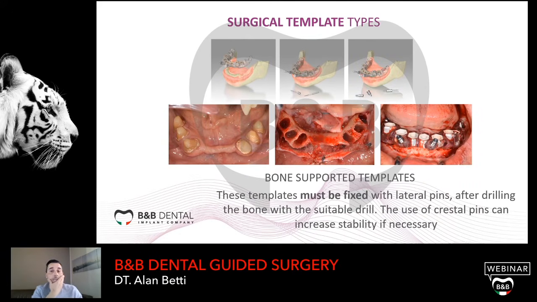The first surgical template is bone supported. The bone-supported surgical template is stable because the contact between bone and the surgical template is hard, so it is really stable. There isn't a problem for this kind of surgical template. But even in this case, you have to use